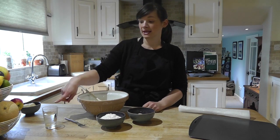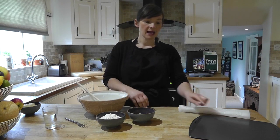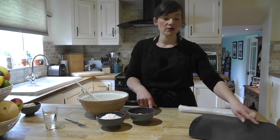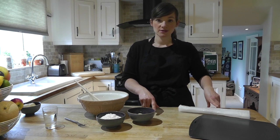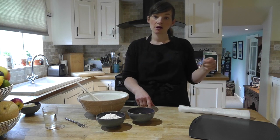You'll also need a glass with some cold water and a fork just to pattern the top of your biscuits, and you're going to need a baking tray. Now this baking tray's got a nice non-stick surface. If you haven't got a baking tray with that non-stick, you've got 2 options. Firstly, you could use some baking parchment just to line your tray first, or secondly, you could lightly dust your